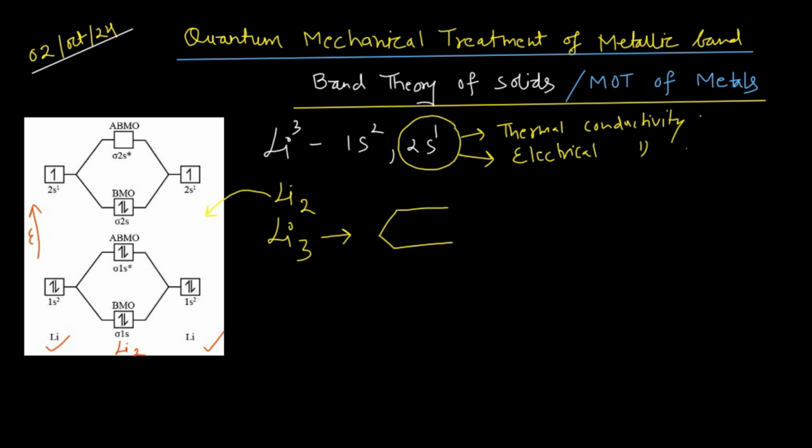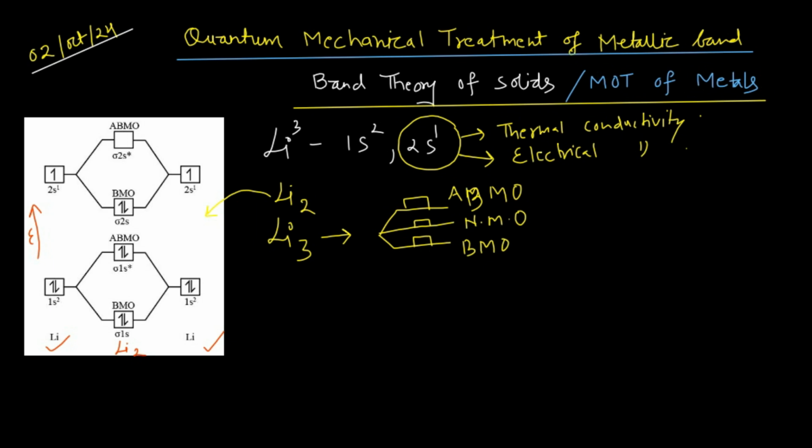Bonding molecular orbitals, say this is your anti-bonding and this is your bonding, and in between them you will have the non-bonding. So this is the non-bonding molecular orbital, NMO, this is the anti-bonding molecular orbital,